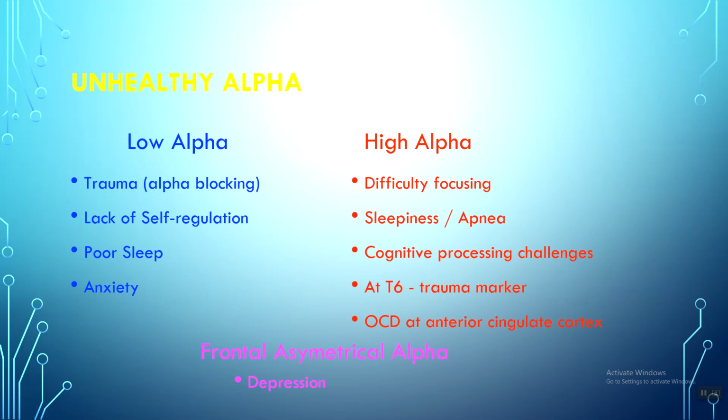And so when alpha is showing up at the anterior cingulate cortex, which is this high density network node in the front of the brain, like Los Angeles on the airport map, it indicates there's an internal orientation. But that part of the brain is also responsible for error detection and processing, which says, did I lock the door? Do I have my keys? Did I shut off the water? For most of us, it's just a simple, yep, moving along. When we see excessive alpha running around in the anterior cingulate, it can cause a disruption in the error processing network and an internal orientation from alpha, which can turn